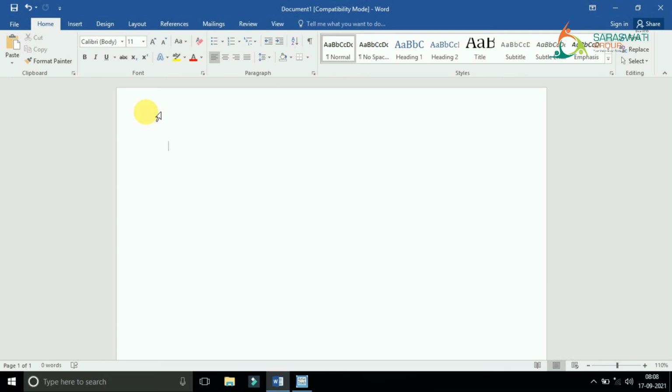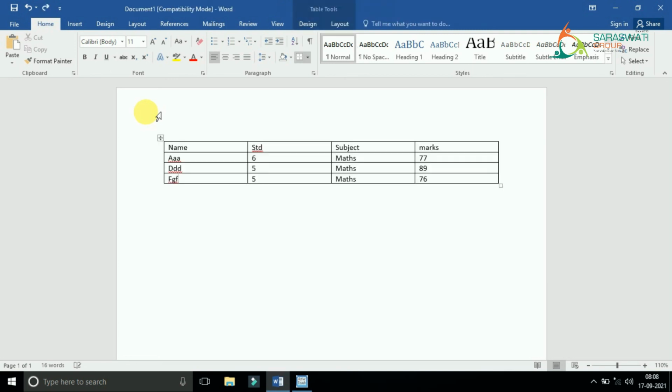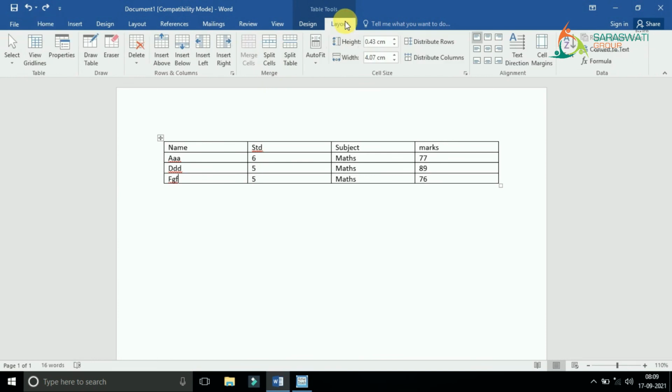So here what we have done, we have seen Delete Cells, that means only one box will be deleted. Delete Columns means the entire vertical line will be deleted. Delete Rows means the entire horizontal line will be deleted. And Delete Table means the entire table will get deleted, right?